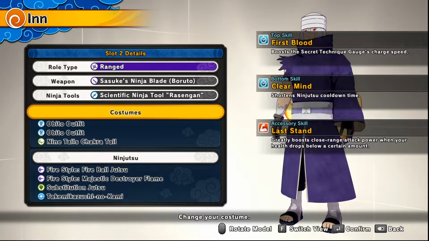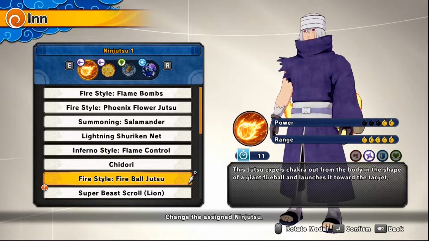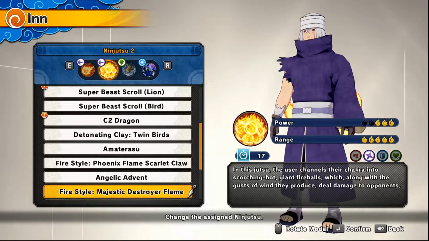For costumes, I'm going to be using the same thing, First Blood and Clear Mind as the top and bottom, and you can use anything for the accessory. For the ninjutsu, we're going to be using the dual fireball setup, which consists of ninjutsu number 1, which is the fire style fireball jutsu. You get that from Sasuke from Shippuden, and we're going to be using the fire style majestic destroyer flame, and